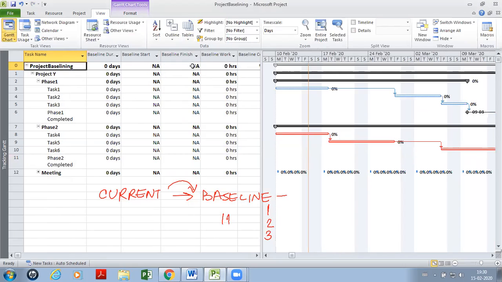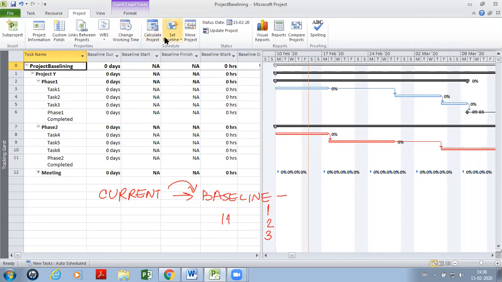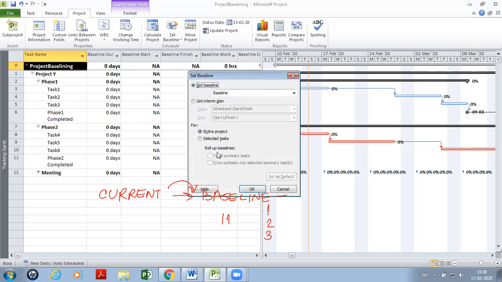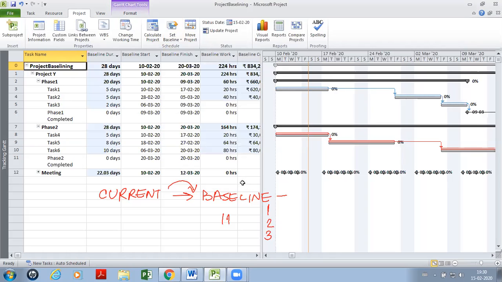Right now we have undone the baselining, so all the columns in this table are not applicable or zero, yet to be populated. So to create the baseline, I go to the project tab, command set baseline under the schedule group, and here I say set baseline, and I say for the entire project, and voila.